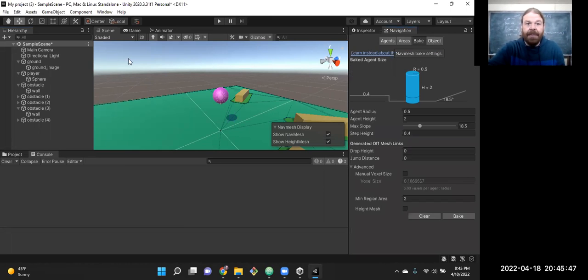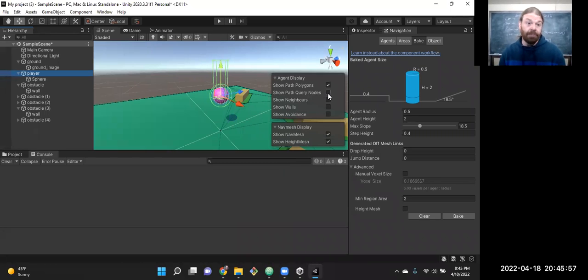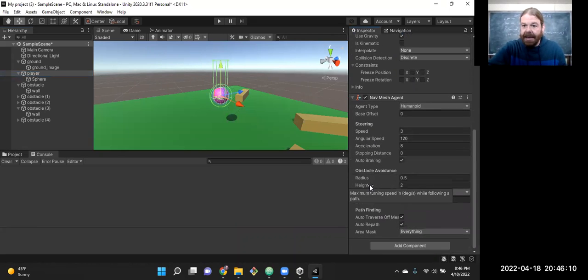We set all that up, then bake it. And then in our actual player, there's a few options there. Query nodes are probably what would relate to that thing that was just in the chat room. But we're down to 4 minutes to our time schedule, and I want to try to review everything. So our player gets a Nav Mesh Agent component where we get obvious things like speed, acceleration, the sizes of all that. And then in our script,